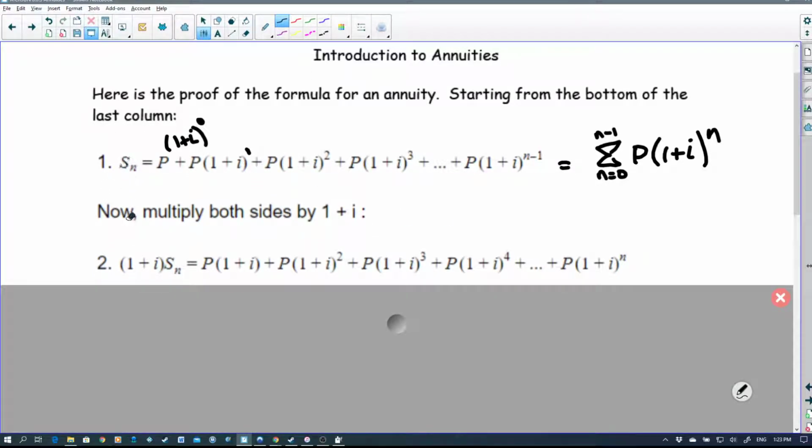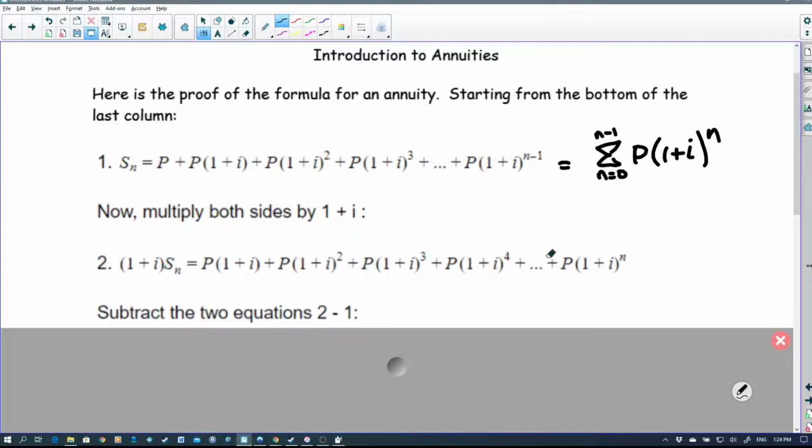If I multiply Sn by 1 plus I, it's clearly just going to be 1 plus I times Sn. If I multiply P times 1 plus I to the 0, which is a 1, times 1 plus I, it just gives that. And every successive power is just going to get added to by 1, including the n minus 1. N minus 1 plus 1 will just be n. So we've basically shifted all of the powers over by 1 in this second equation. And then what we're going to do is subtract the two equations. If I subtract 2 by 1,